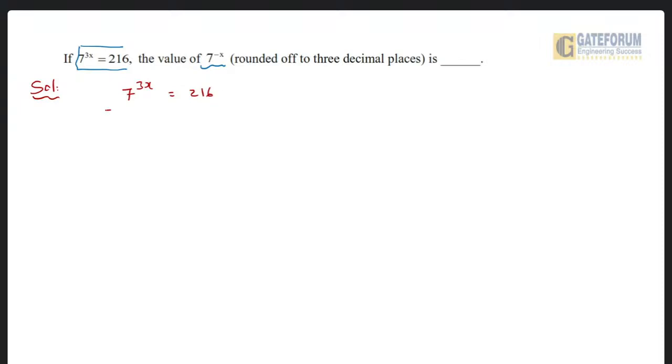Just like a power mn can be written as 7 power x whole power 3. 6 cube is 216. 6 into 6, 36, 36 into 6, 216. Okay, here the formulas applicable